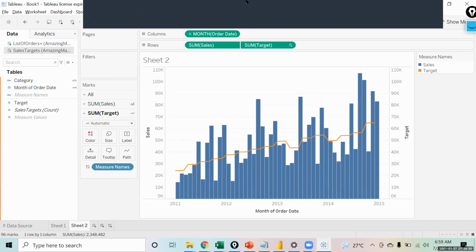Amit, can't we join 3 tables at a time, without going for this blending? So in the join, you know what happens? Grouping will not happen. If you do the join, there will be an inflation of the data. Data will inflate.